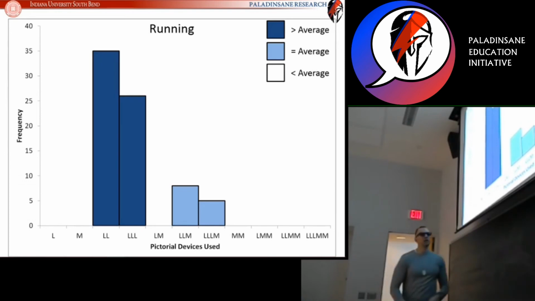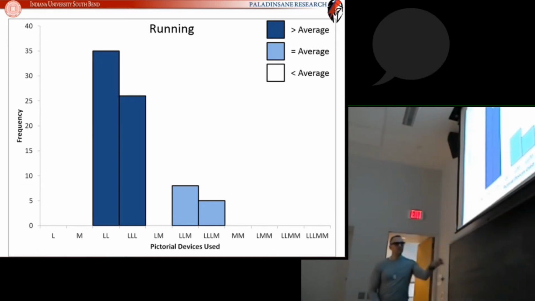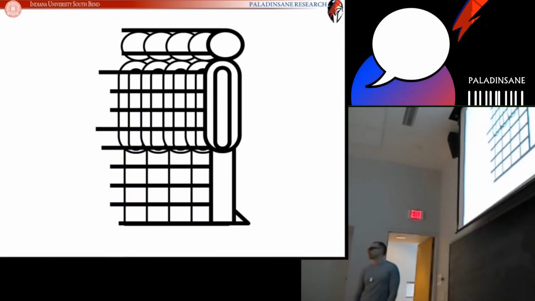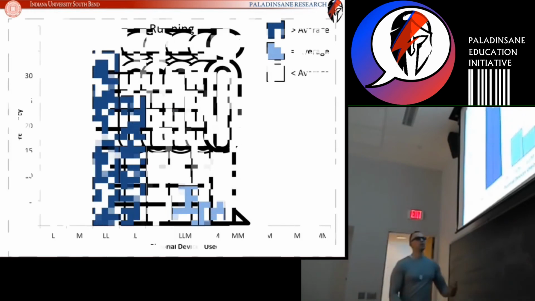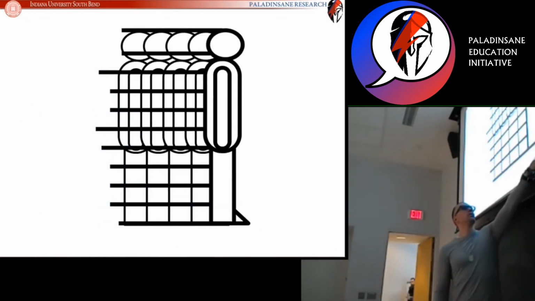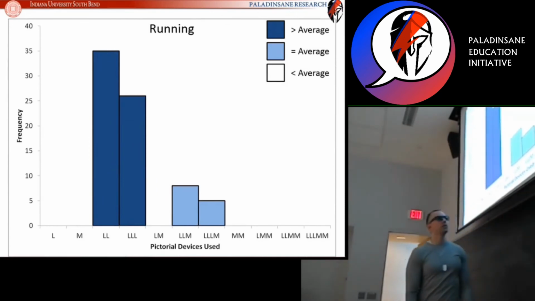All right, almost done. We got two metaphorical over here. That would be an image like that. And we won't spend too much time on this because nobody used it, right? So two metaphorical devices doesn't communicate running. No artist drew with just those two metaphorical devices.